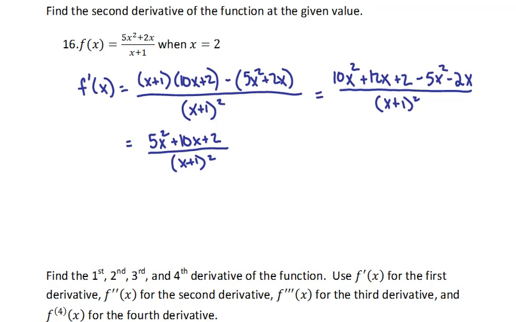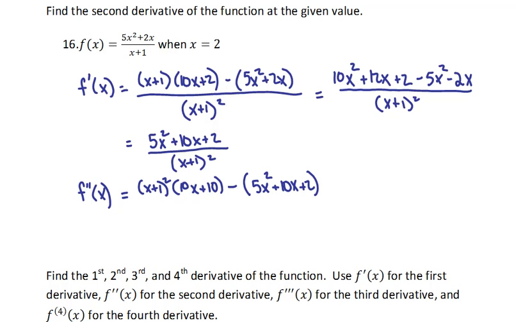And again, that's low d high. This time the denominator is x plus 1 squared, and the numerator is the derivative of is 10x plus 10. So that's low d high minus high d low. Now the denominator is x plus 1 quantity squared, and so its derivative by the chain rule